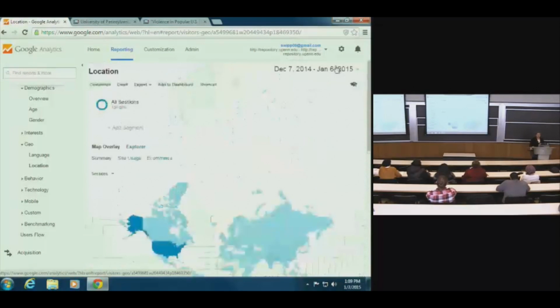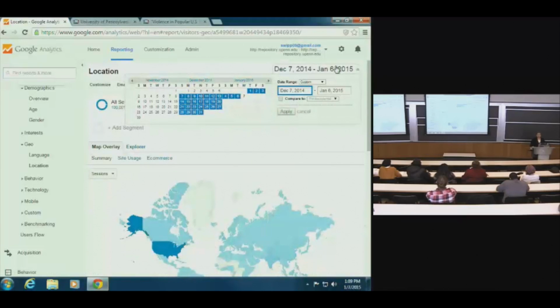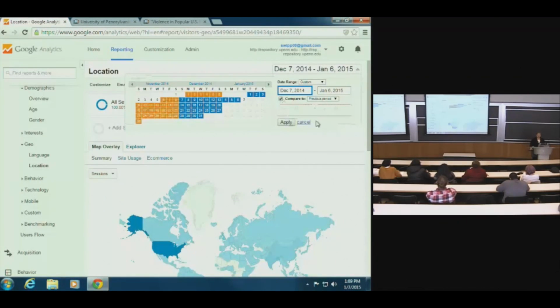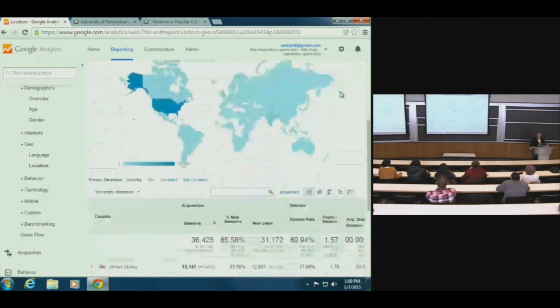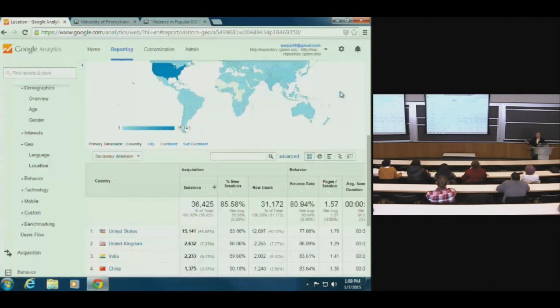The other thing is to also look up here. You can change your different dates that you want. You can compare different time periods within Google Analytics, which is really interesting. It'll give you percent difference. And for right now, we'll just leave that for the last month. As I said, with our site in particular, that's just giving metadata hits. We get about 1.7 million downloads a year, which equals about 500,000 to 600,000 downloads a month. So this is really just giving us a small snapshot of the people who are actually coming to our site